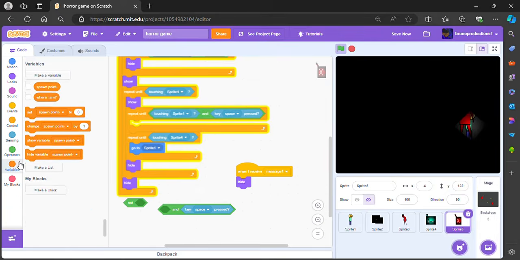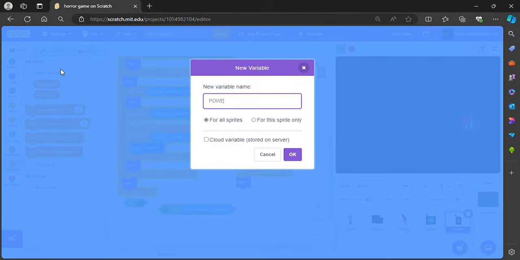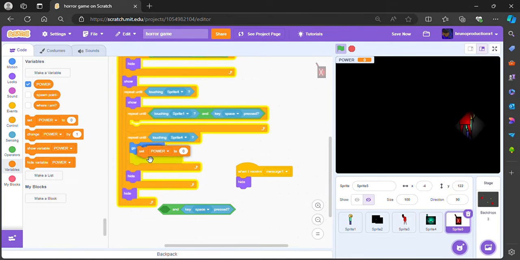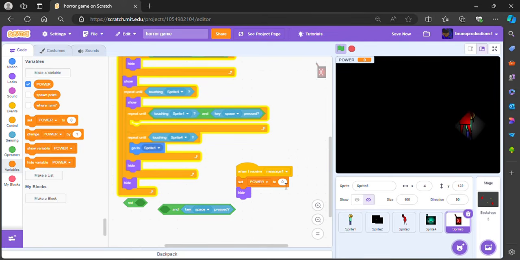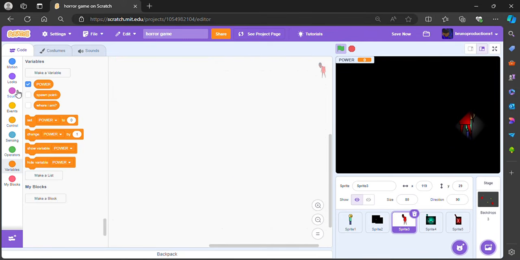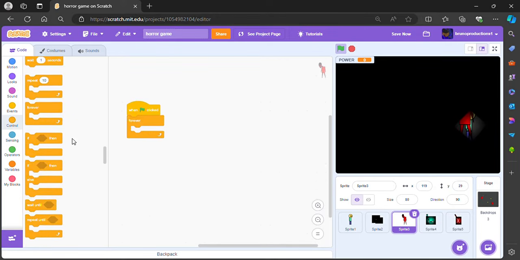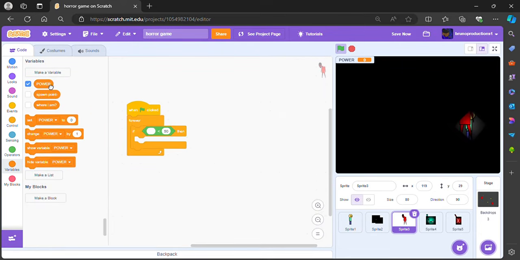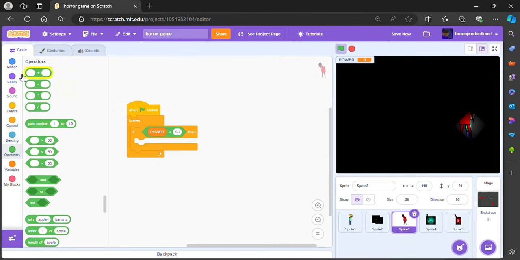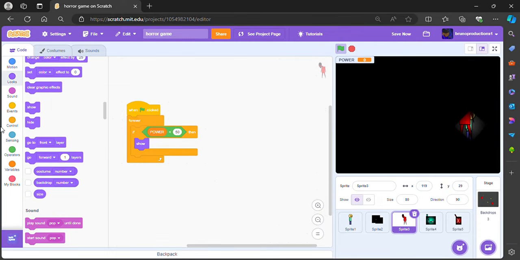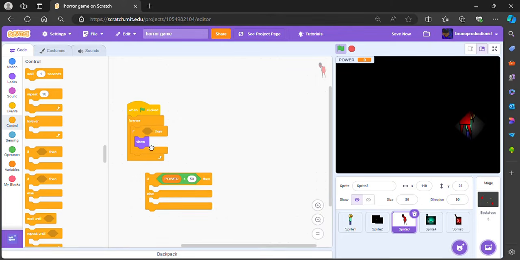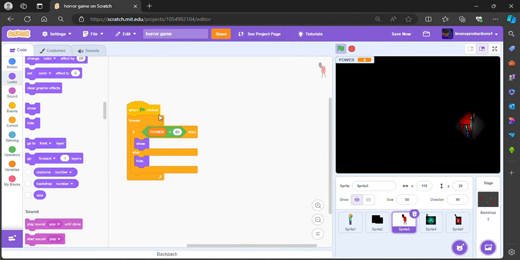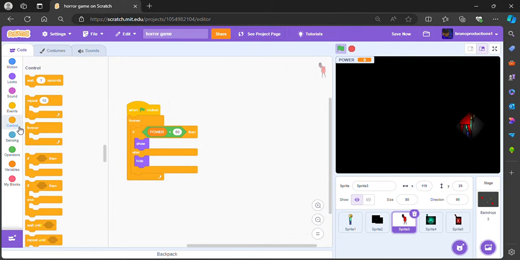But now let's code the power. Power. And let's put it up here. When it touches this, it will set power to 100. But on start, forever, if power is less than 50, it will show. And let's add an else. Let's quit this and put a height is less than 50. It will show and it will